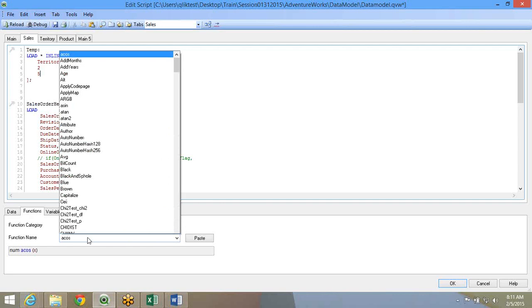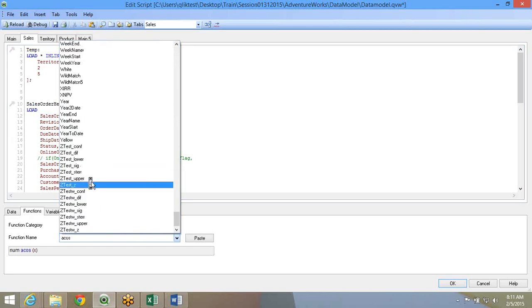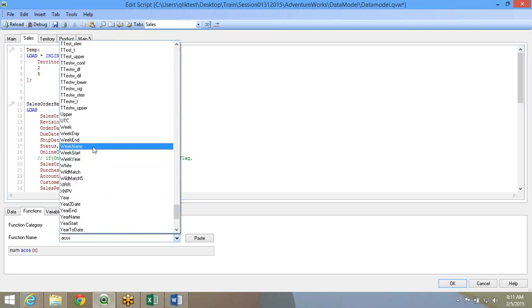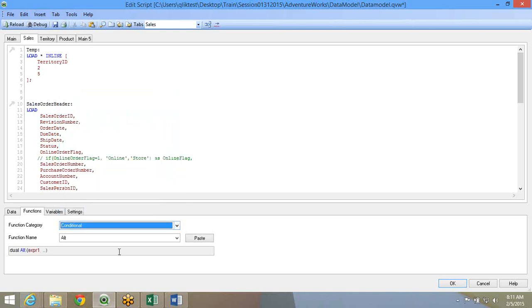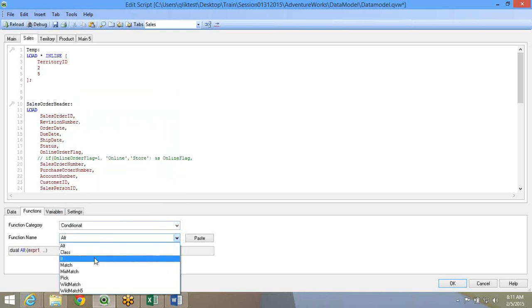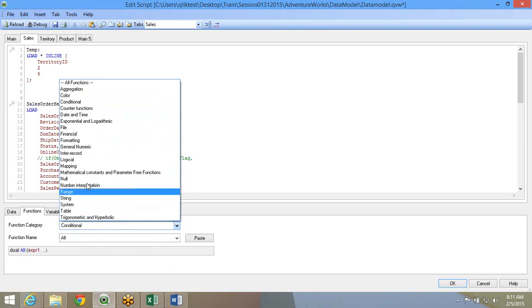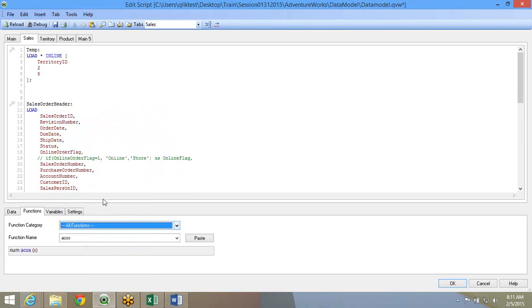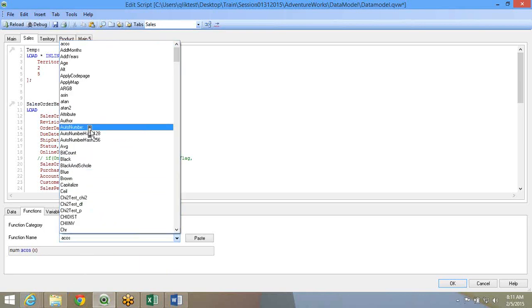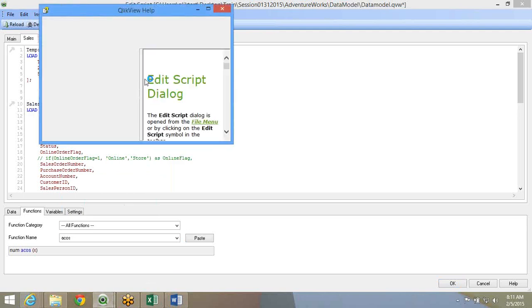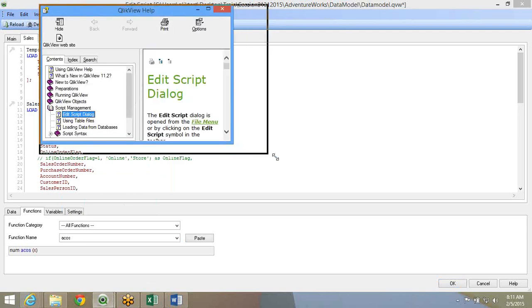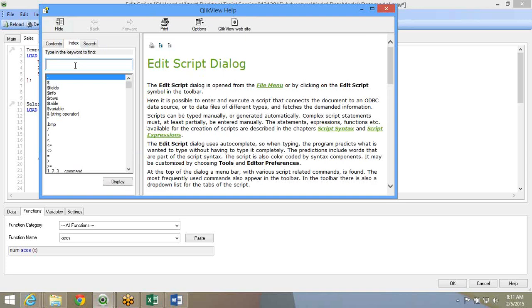Anytime you have any confusion about the function, you can always check these functions. So you can check where exist is there. This is something called conditional. It does not have where exist as such. It just has a function called exist. Or if you have any difficulty, you can always go to the help files and understand it. I think QlikView help files are really helpful.